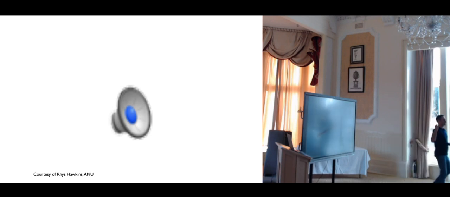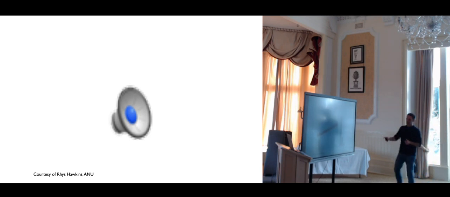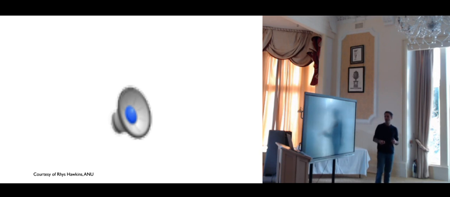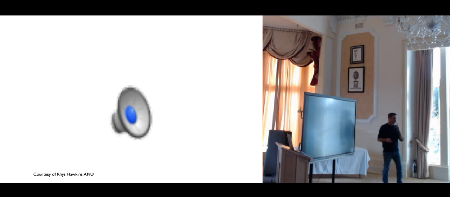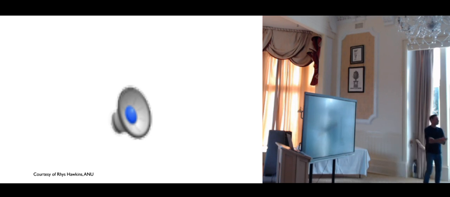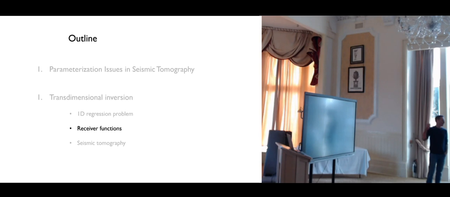So we didn't have to say in advance, oh, I want to fit a linear function with 2 parameters. The number of unknowns was variable, and we recover a solution that we can represent that way. Okay, so that was a way to introduce, in a simple regression problem, how we apply transdimensional inference.